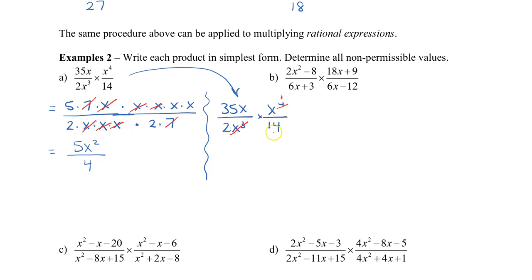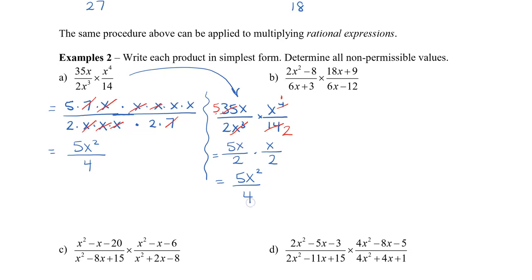35 and 14, I can think of a number 7 that goes into both. So 7 goes into 14 2 times. 7 goes into 35 5 times. So what I have left is the 5 times x, or I can just say 5x over 2, and then times x over 2 to make it a little bit neater. So then I have 5x squared